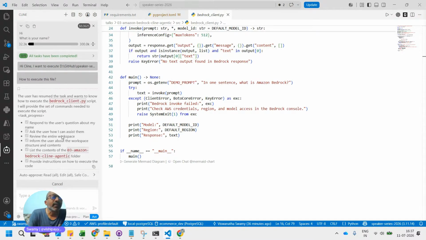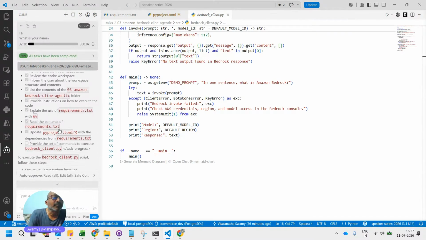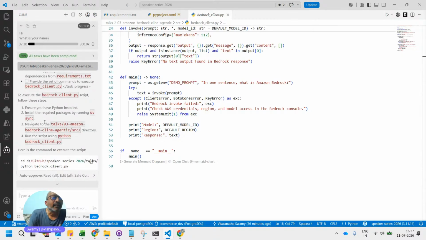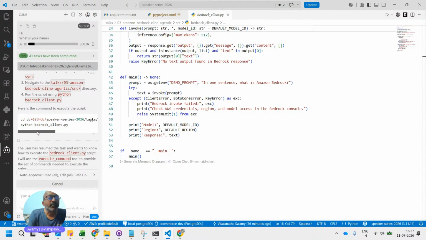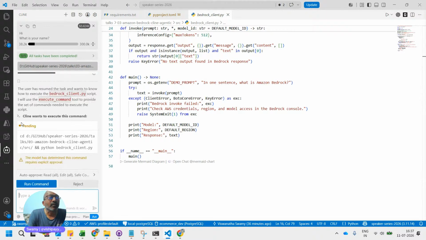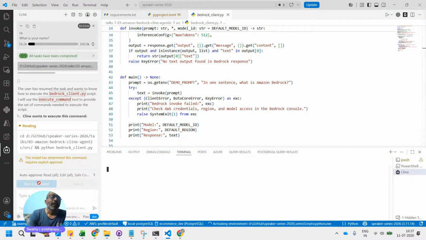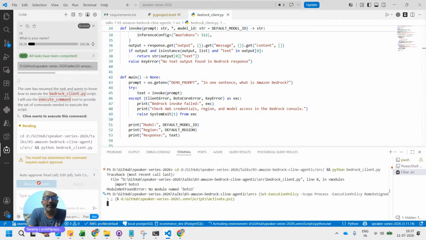Now we'll see that it's clearly giving a proper instruction: cd into this folder and execute this Python. So it's simply saying go and execute Python. The client is asking, do you want me to run it? Even if we can say go and run this command, that also we are offloading. We don't need to go and try that. So it did the exact